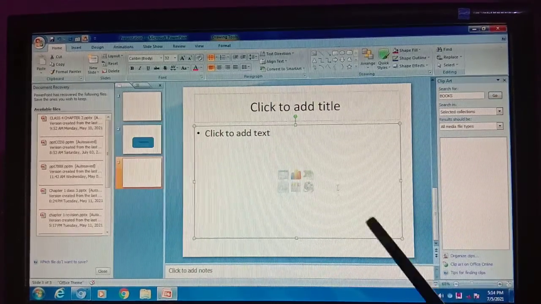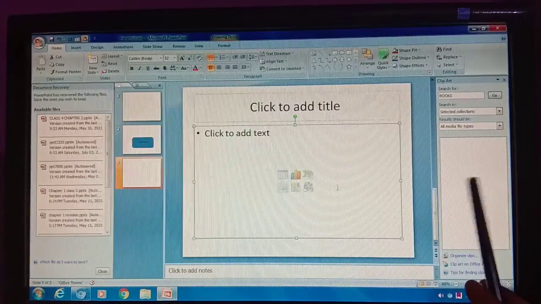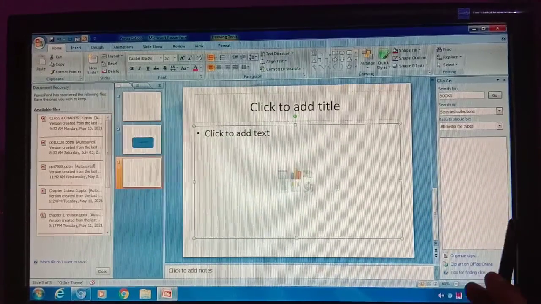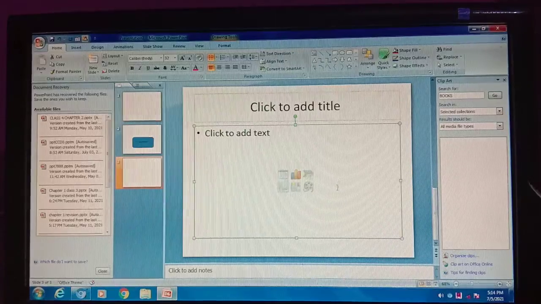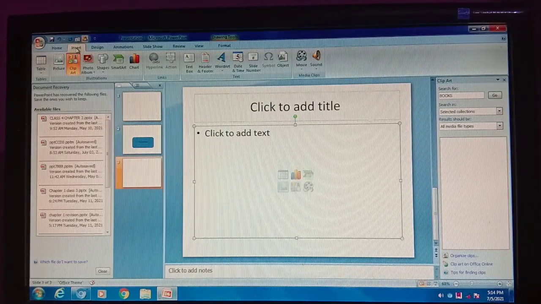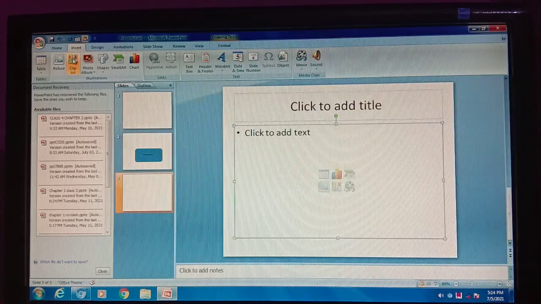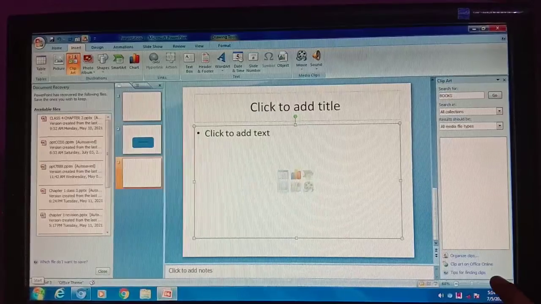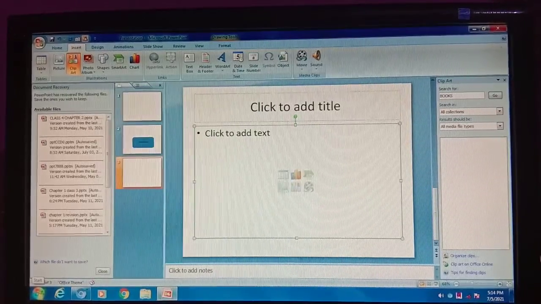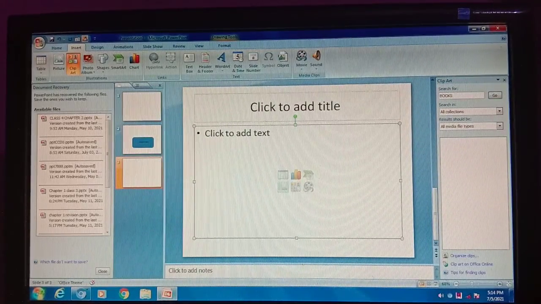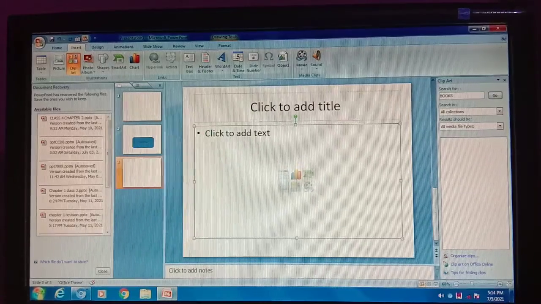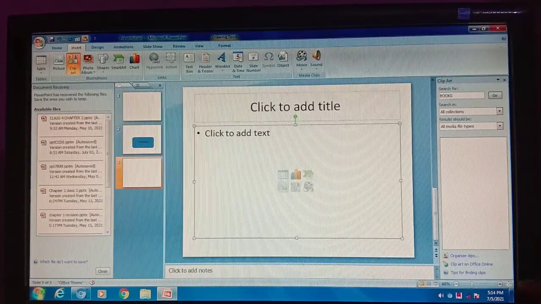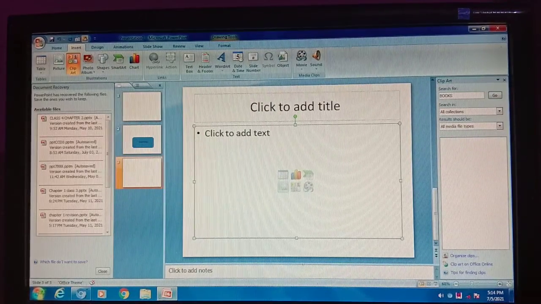Here you have to search for your clip art that is saved in your computer system, or you can search online also. And one more way is there: go to the Insert menu and there is an option of Clip Art. As you click on Clip Art, this clip art dialog box will come at the right side of the Microsoft PowerPoint window.